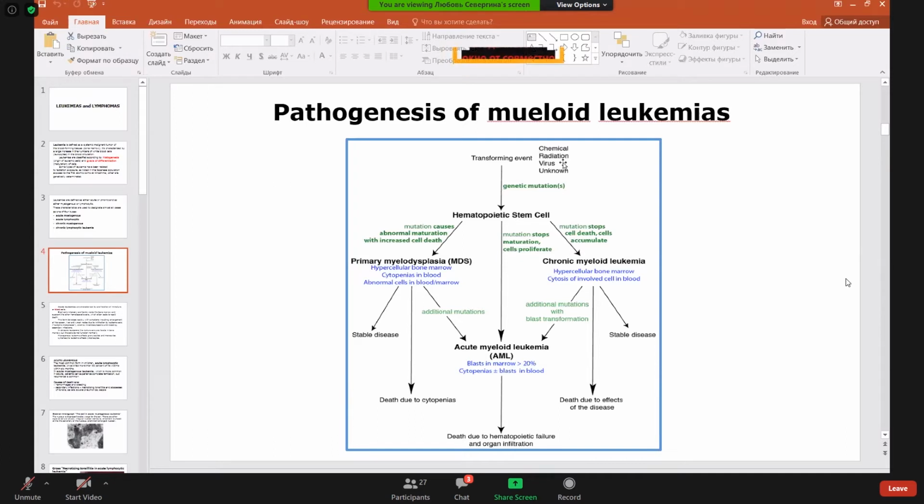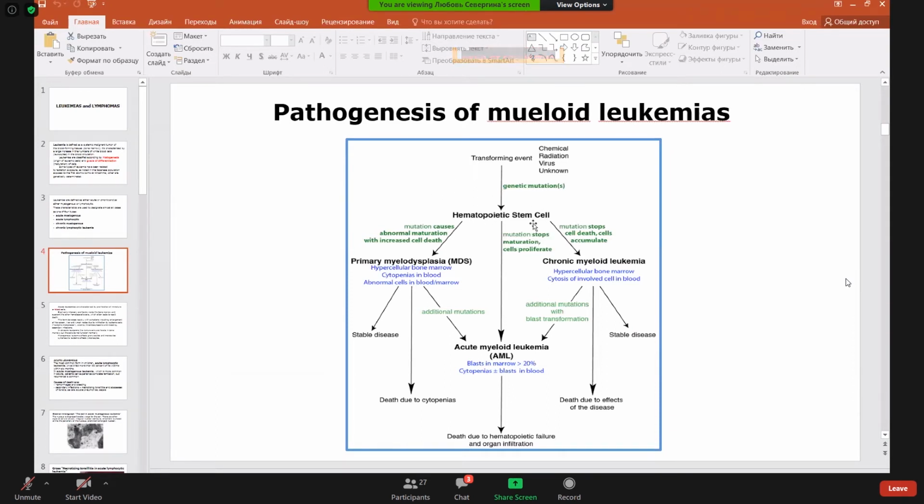Hope you remember, Burkitt's leukemia is closely connected with pre-existing Epstein-Barr virus infection. Some unknown factors influence hematopoietic stem cells and the clonal proliferation of the cells due to the disturbances